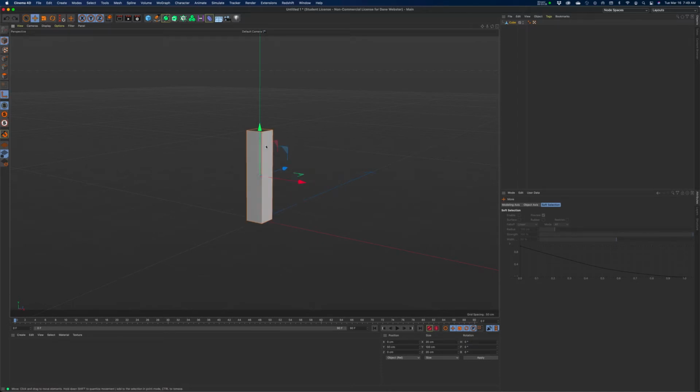Hit L again, make sure that this is active. As I start to move this down, you can see the feedback. Cinema is telling me how many units I've moved it. As soon as I click on it and start to move it, if I then press down the shift key, as I continue to move it, Cinema will allow me to move it incrementally. It's like an incremental snap going on. So I'll move that down